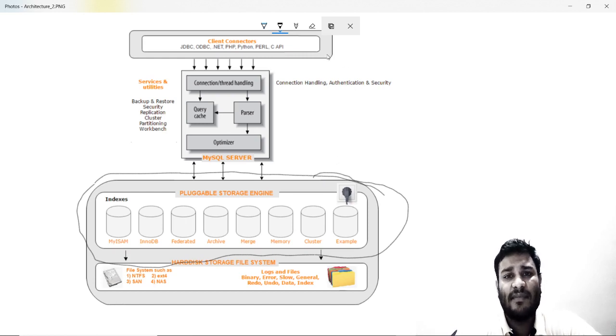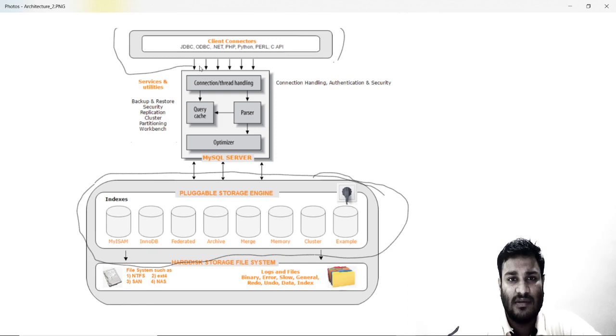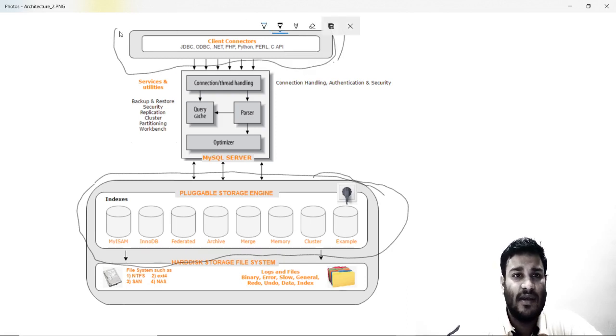MySQL follows the client server architecture, and if you see over here, this is our client. This can be built in various ways. As an automation tester, you may write scripts in Java with Selenium, so you may use a JDBC connection, or you may be using Python for Selenium, then you will have to use the client connector for Python.